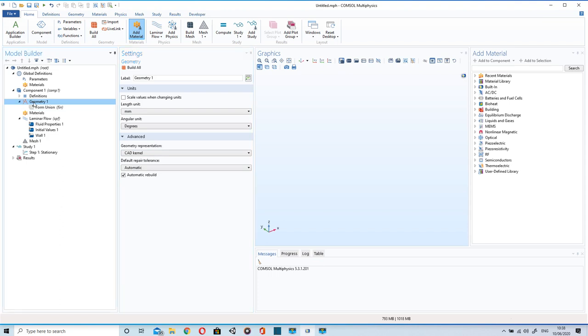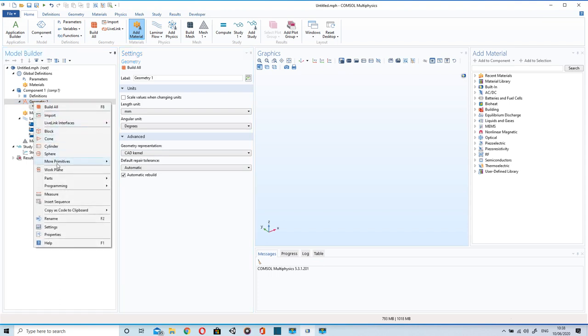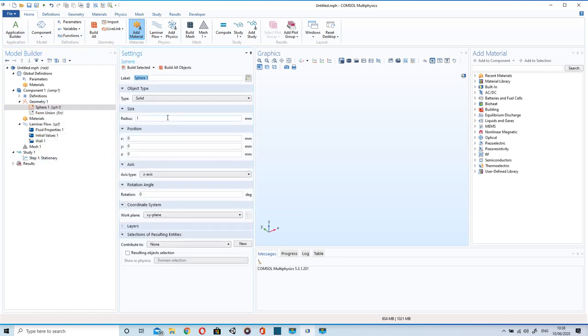Now in geometry, I will build a sphere. Click on a sphere. Radius of the sphere will be 1 millimeter. Now the position of the sphere can be changed from this X, Y and Z positions.